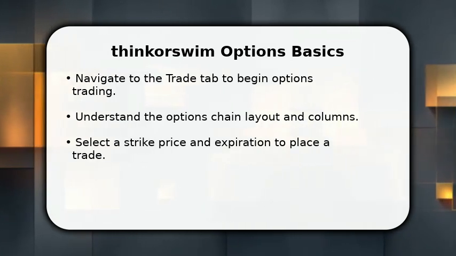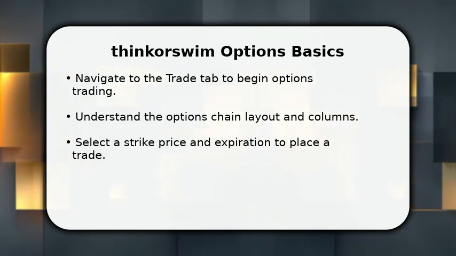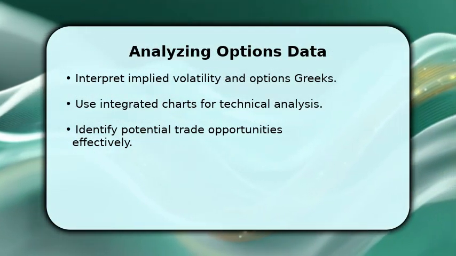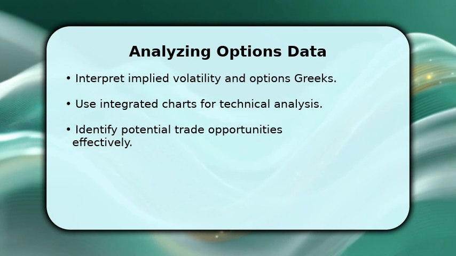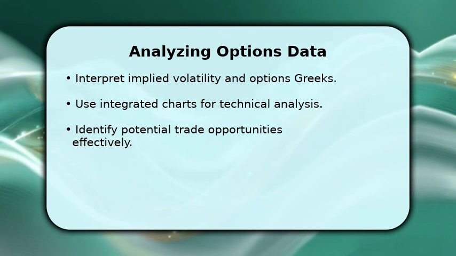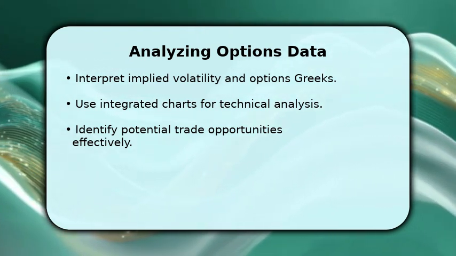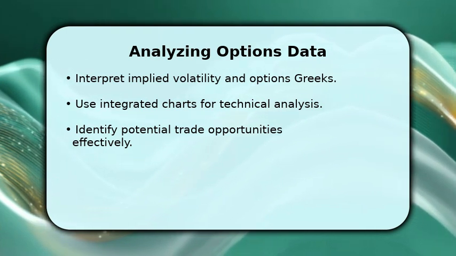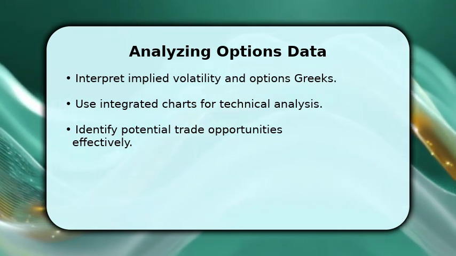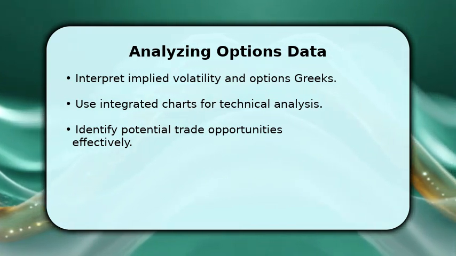We will then walk through the steps to place your very first options trade, ensuring you feel confident with the basic execution process. Once you're familiar with the basics, it's time to dive into analysis. Thinkorswim provides powerful tools to interpret implied volatility and the options Greeks like delta, gamma, theta, and vega. These metrics offer insights into an option's sensitivity to market changes. You can also leverage the platform's robust charting features to perform technical analysis, helping you identify potential trade opportunities with